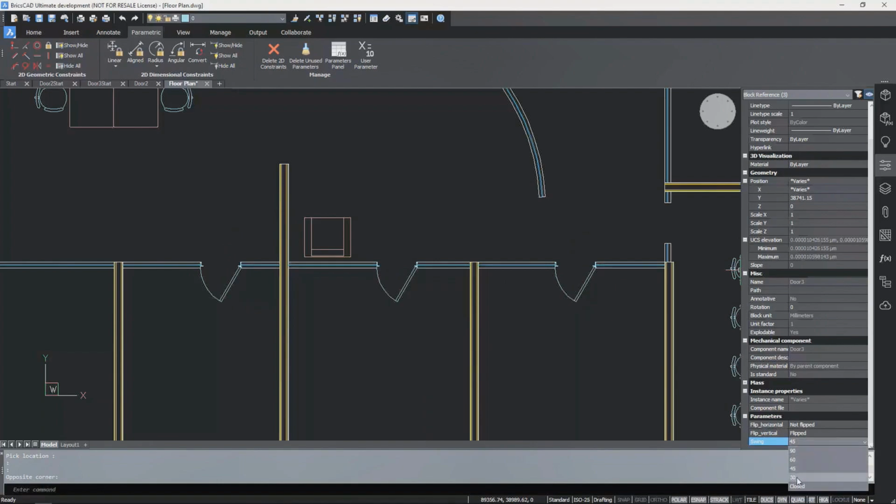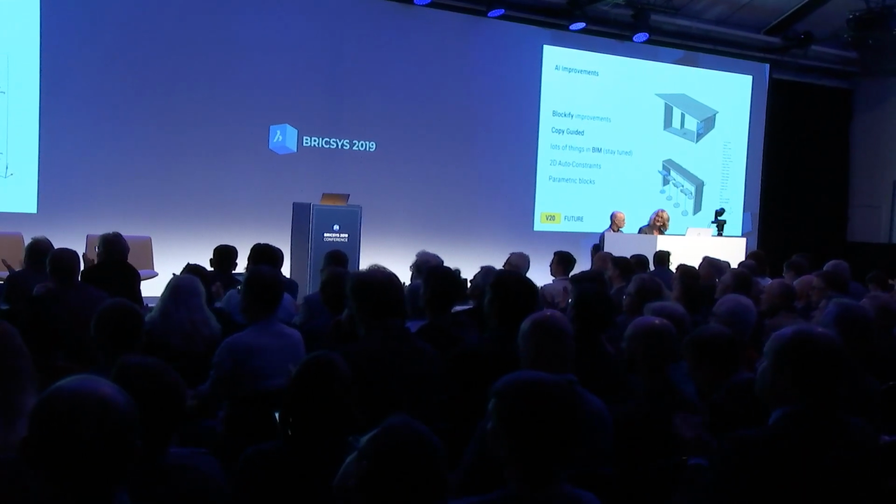All right, that is a quick look. Again, that is preview functionality. This will not be in V20 when it ships, but it is something that we are looking at and is coming our way. All right, give it back to...